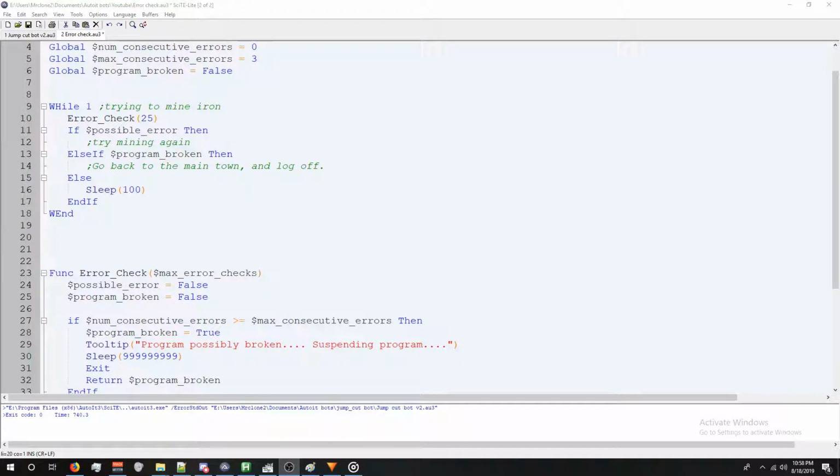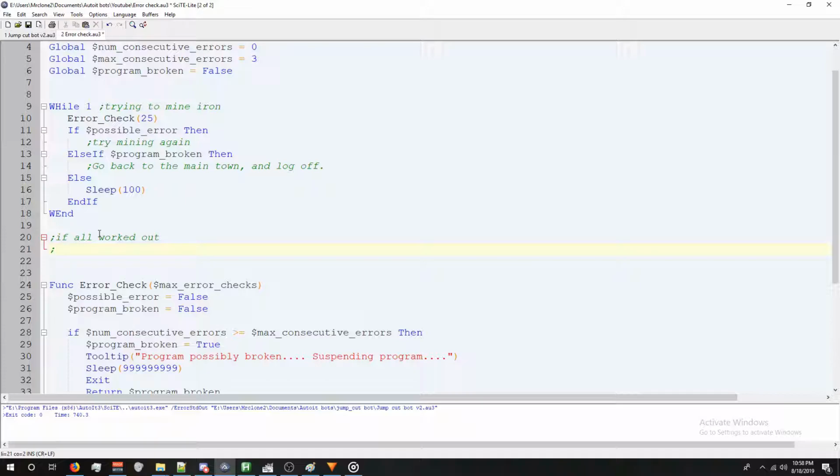Now, the very last thing I want to say before we wrap this up is what happens if we did end up mining all the iron and our inventory did fill up. We are going to want to make sure that we reset all of the error check variables, so the next time we need to use this, it's a clean slate. So wherever you wanted to put this in your code, you would just basically do something where if it all worked out,